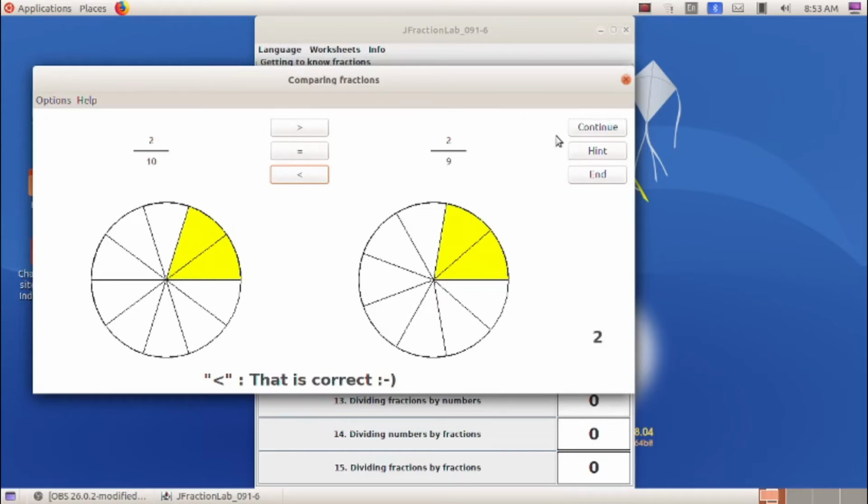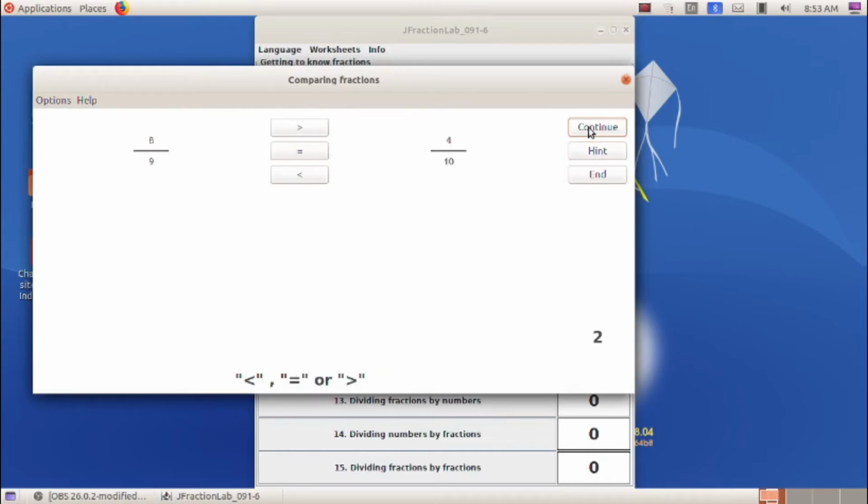Okay. Now here also you can see 3 buttons. Continue button, as I have told you earlier, to continue the game, end button to stop the game, and hint button. If you are having any doubts on this game, you can click on hint button. So we will check it by continuing the game.